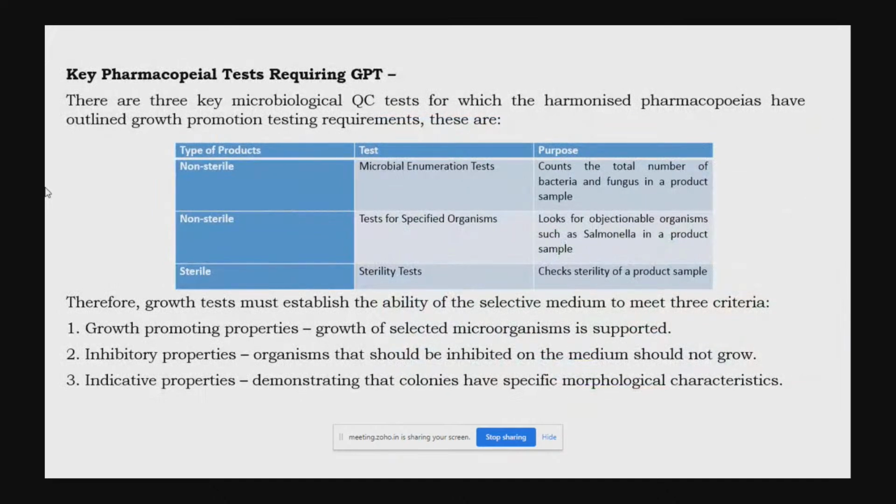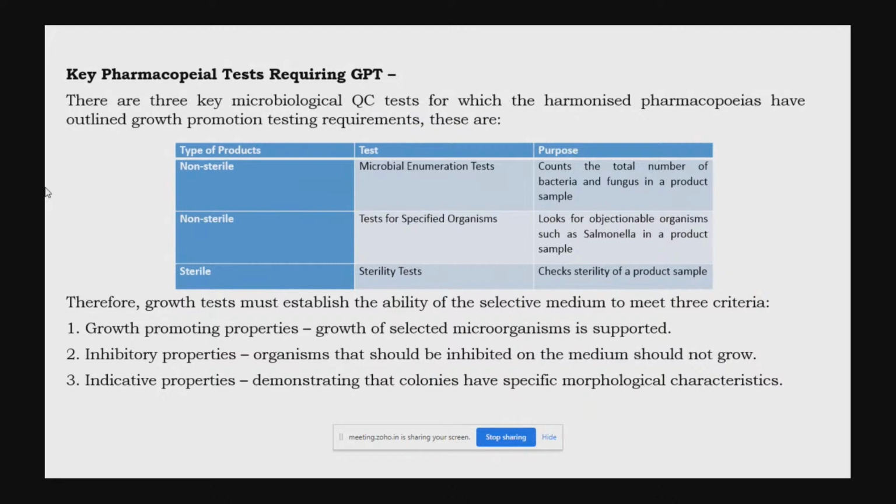Why is it a mandatory requirement? Referring to the pharmacopoeial references like European Pharmacopoeia, Japanese Pharmacopoeia, Indian Pharmacopoeia, or whatever, the microbial limit test for specified organisms and the sterility test are chapters which are harmonized. Harmonization indicates that, considering all the pharmacopoeias, the test procedure is similar. So looking at the requirements of these pharmacopoeias, we need to ensure the growth promotion activity of the media.